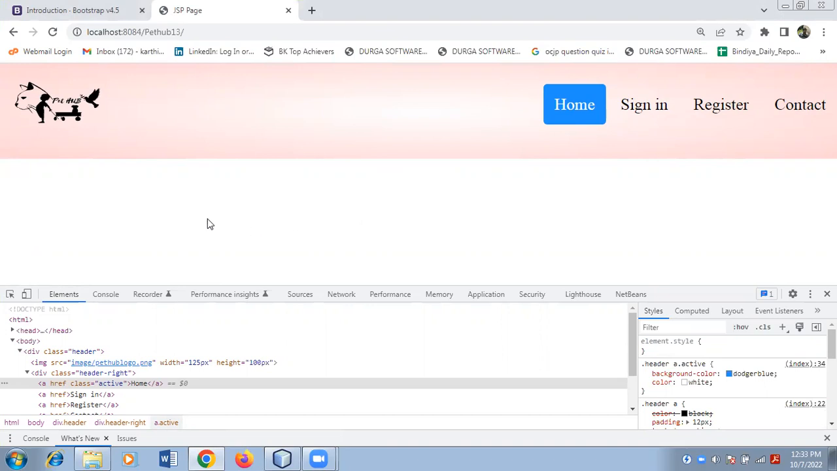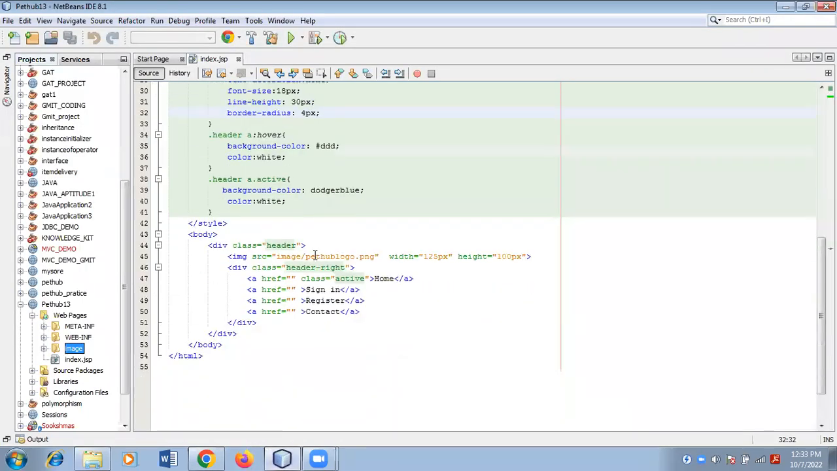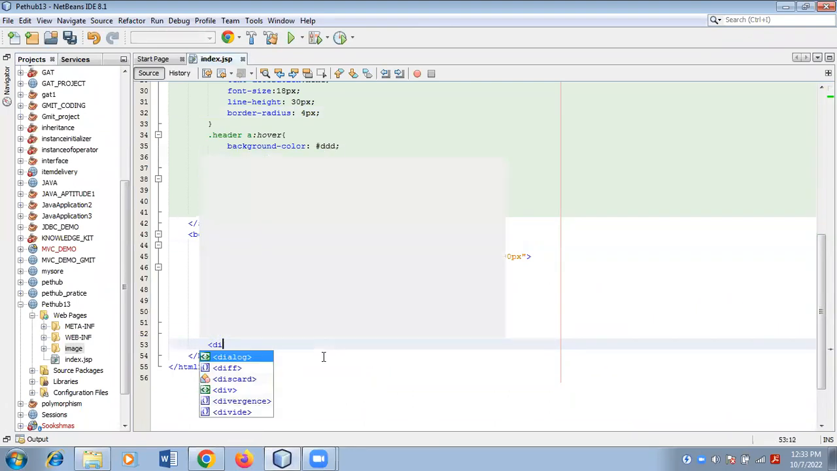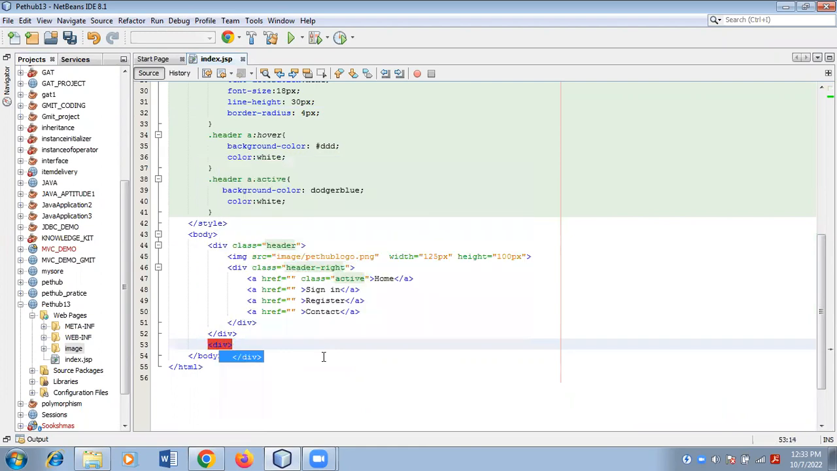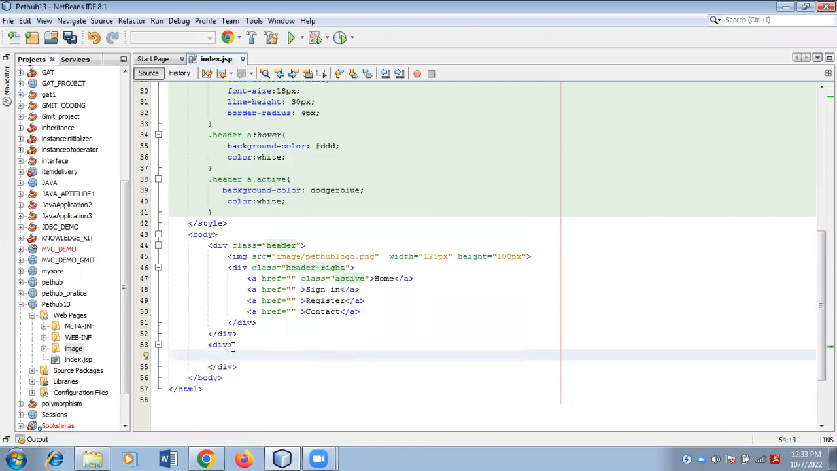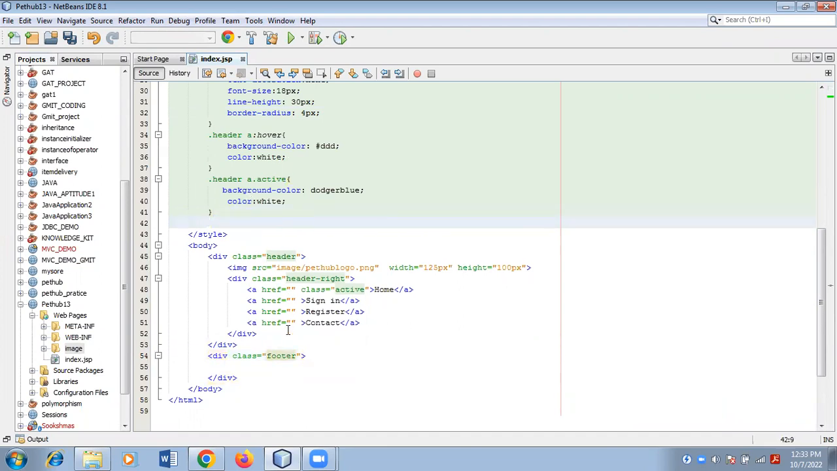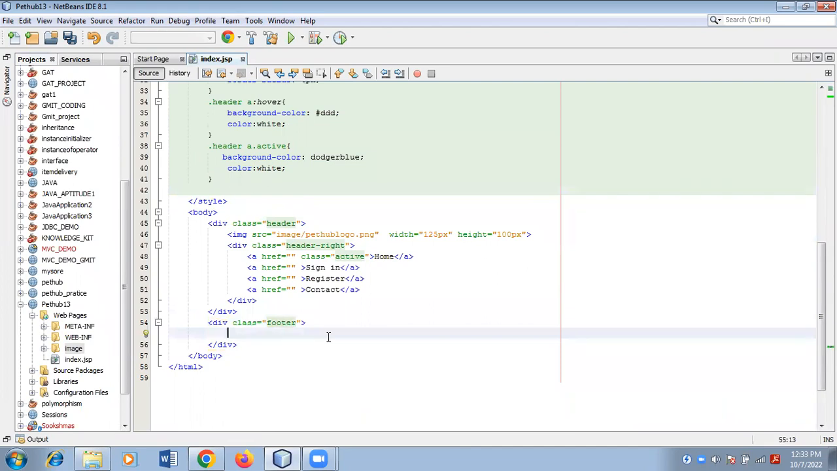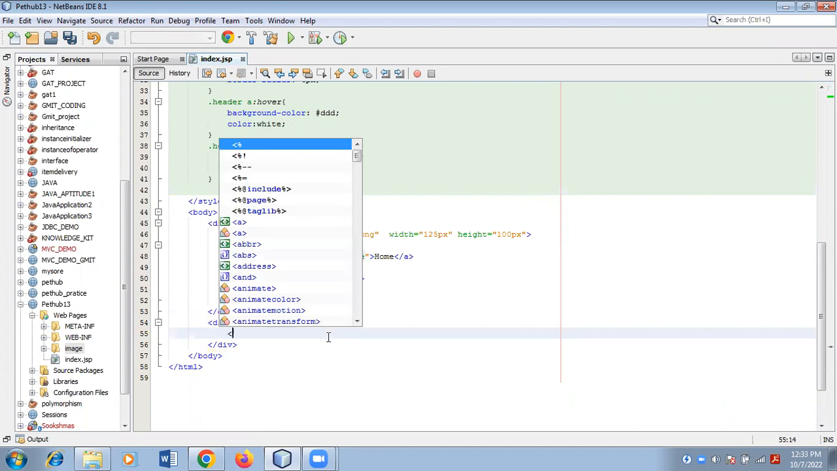Now let's move on to the footer part. The footer I'm going to create now. For that, I'm creating a div and I'm going to give a class for that as footer. And this footer we will design now. What should be the content for the footer? Some copyright year and all will come, right? So for that,